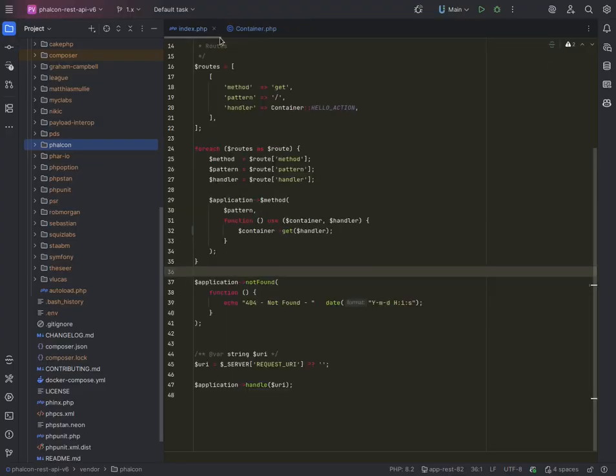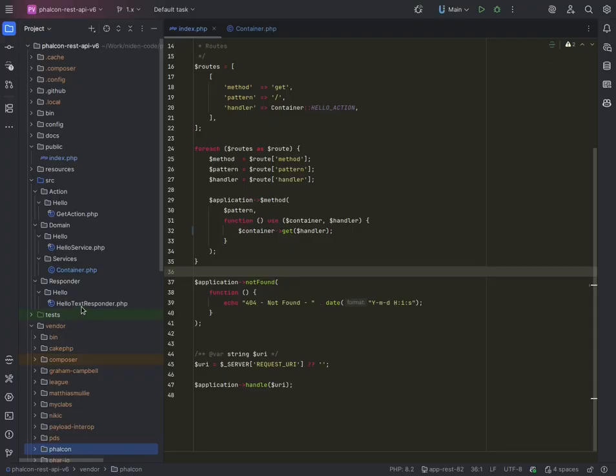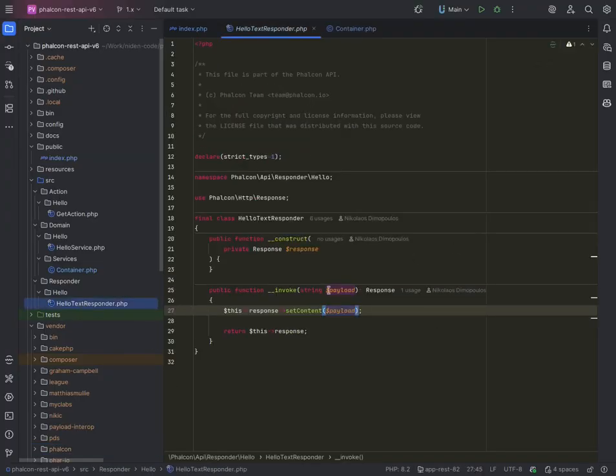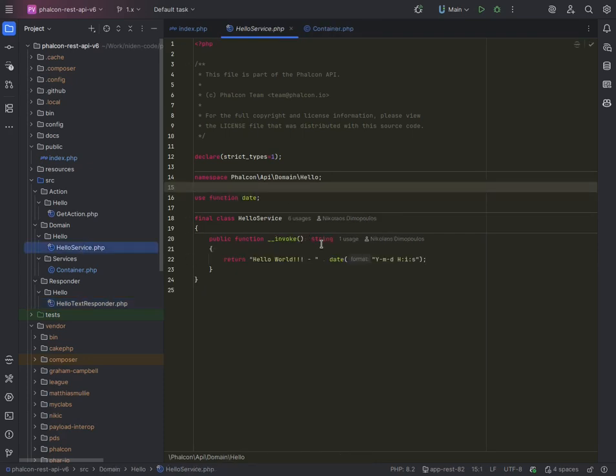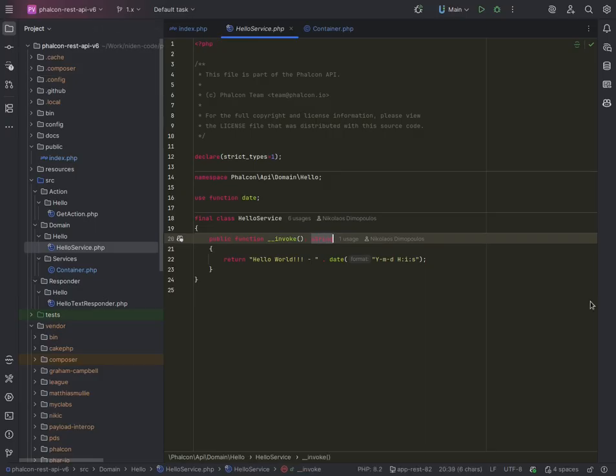Okay, so here in the hello text responder, I should not be receiving a string payload. I should be receiving a payload object. And here in the hello service, I should not be emitting a string. I should be emitting a payload object. So for the time being, let's make a slight change and use the domain payload of Phalcon to work with this. For starters, this function invoke will return a payload,